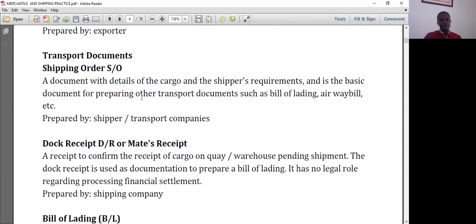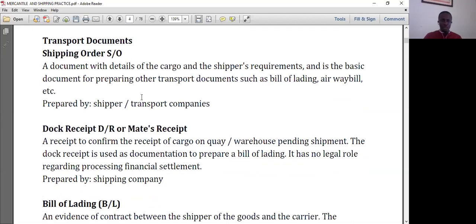Then we have another category of documents. This is called transport documents. These are the types of documents that allow cargo to be moved from one point to another. One, we have what is called a shipping order. What does it mean? It is a document that gives details of the cargo and the shipper's requirements, and it is normally a basic document for preparing the transport documents such as the BL, airway bill, etc. Who prepares it? It is prepared by the shipper or the transport